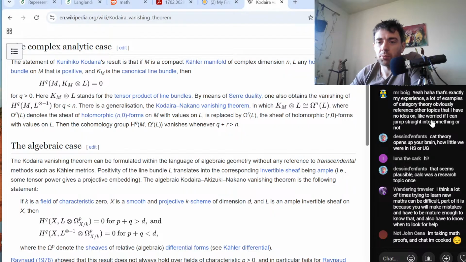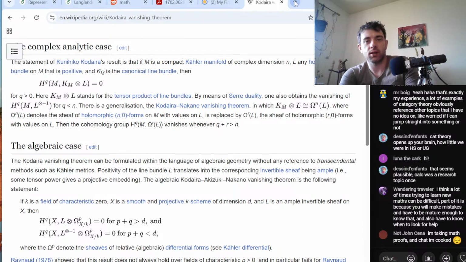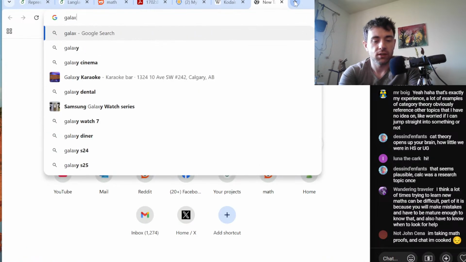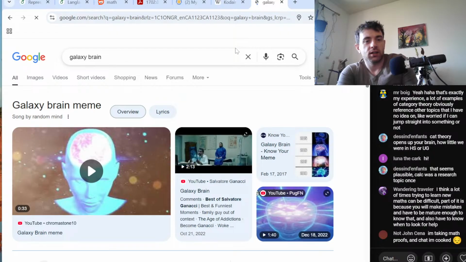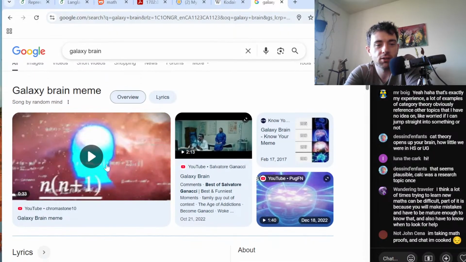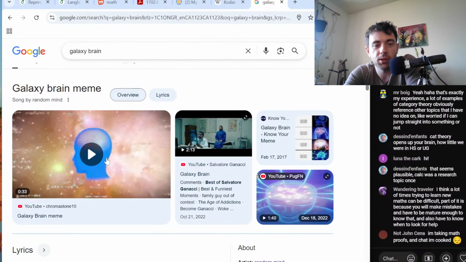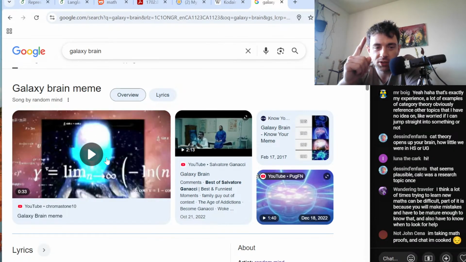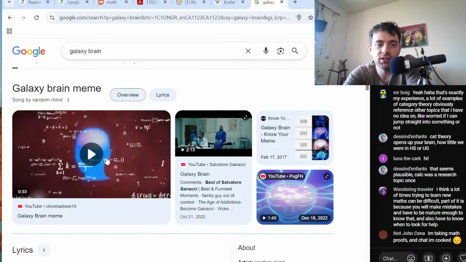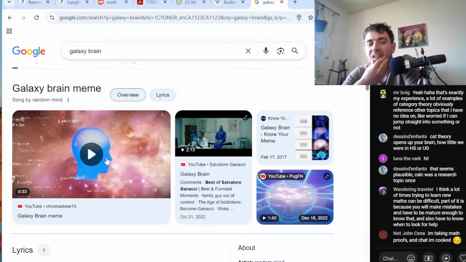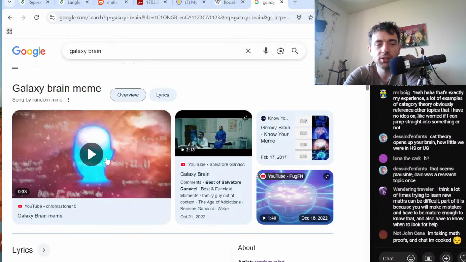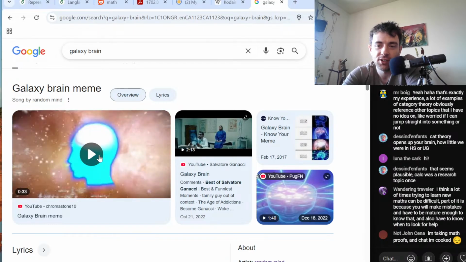Category theory opens up your brain. How little we were in high school or undergrad. Hello, Luna. Yeah, but you know what? I guess, but category theory never made me feel like this. You know what made me feel like this? Homotopy type theory, which I guess you kind of need category theory for, but homotopy type theory made me feel like this. So,